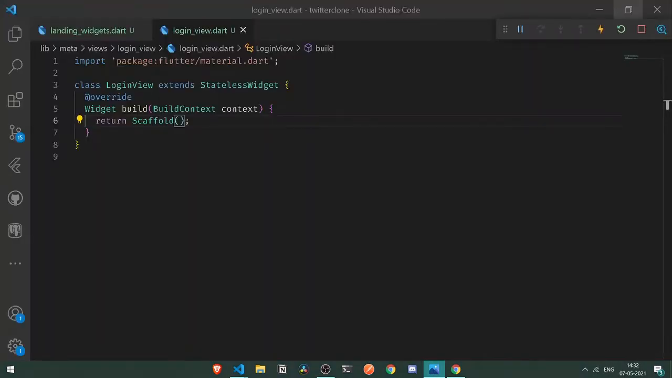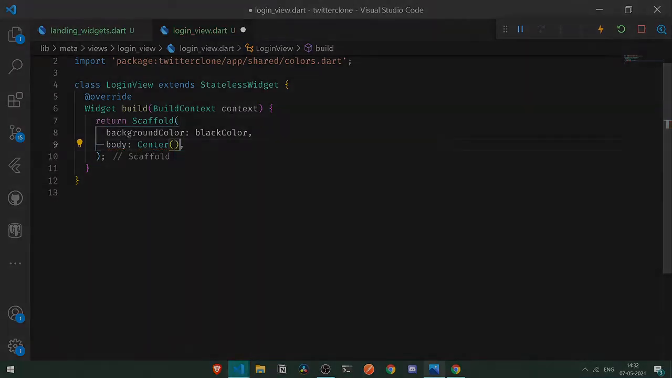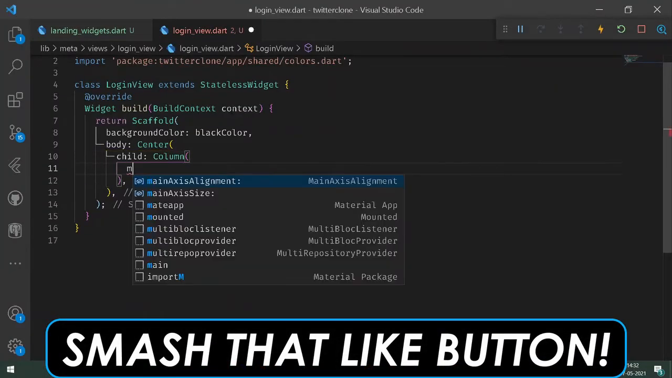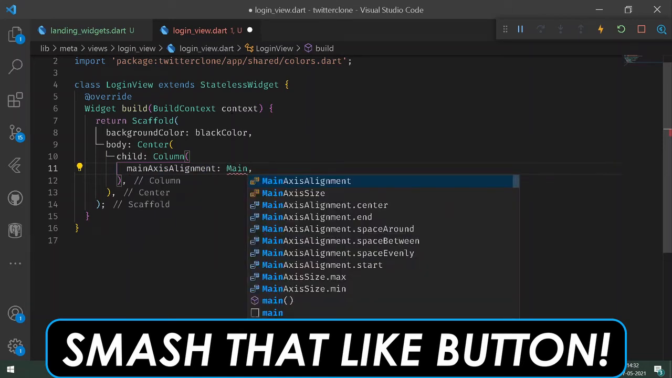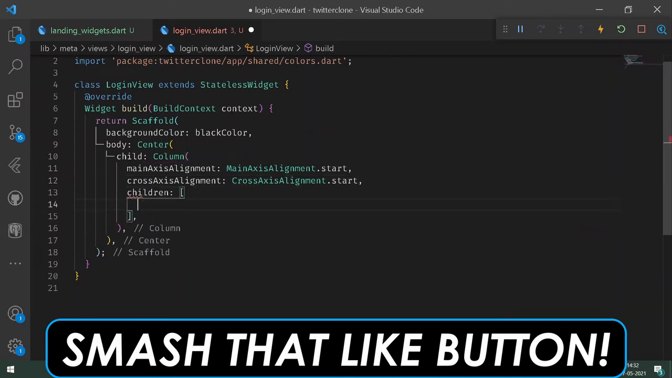For that purpose, first of all let's add a background color and a body to our scaffold. Under my body I will have a center, and under my center let's have a new child, a column. First let's have main axis alignment for a start one, similarly a cross axis alignment for a start, and after that we require all of our children. Our first child will be simply a spacing from top. For that I will be using a vertical size box of size 1, and after that